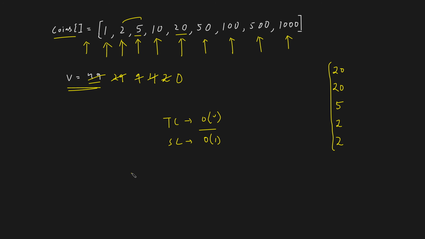But then if I give you a denomination like 1, 5, 6 and 9, and I give you the value, let's say, to form is 11. So if you follow the greedy algorithm, you at first will subtract 9, then you're going to subtract 1 twice. So the number of coins that you're going to use will be 3 in case of the greedy algorithm. But if you follow the other way, that is, if you pick 5 and if you pick 6, you're still going to get the value 11. So that will end up taking up 2 coins, which is the minimal answer.